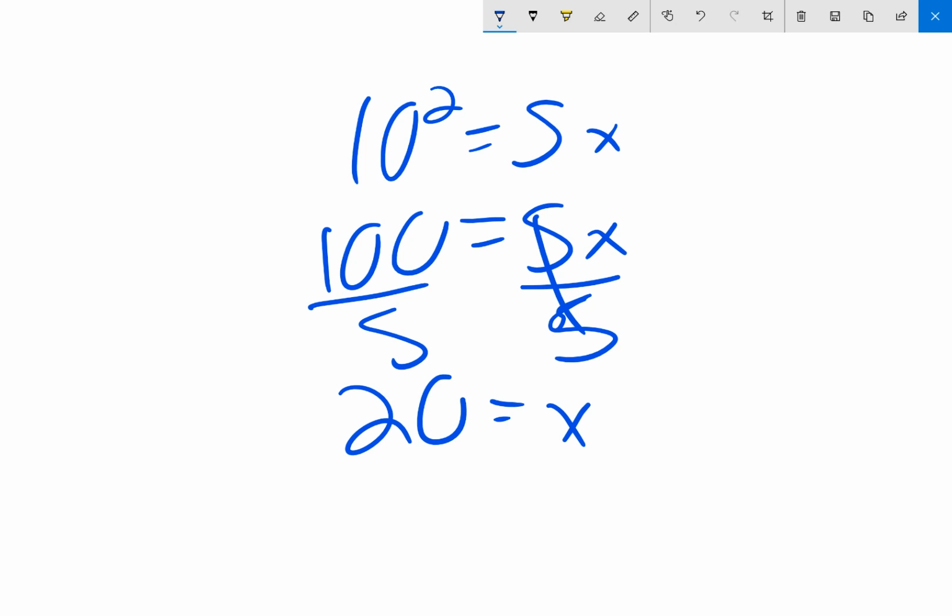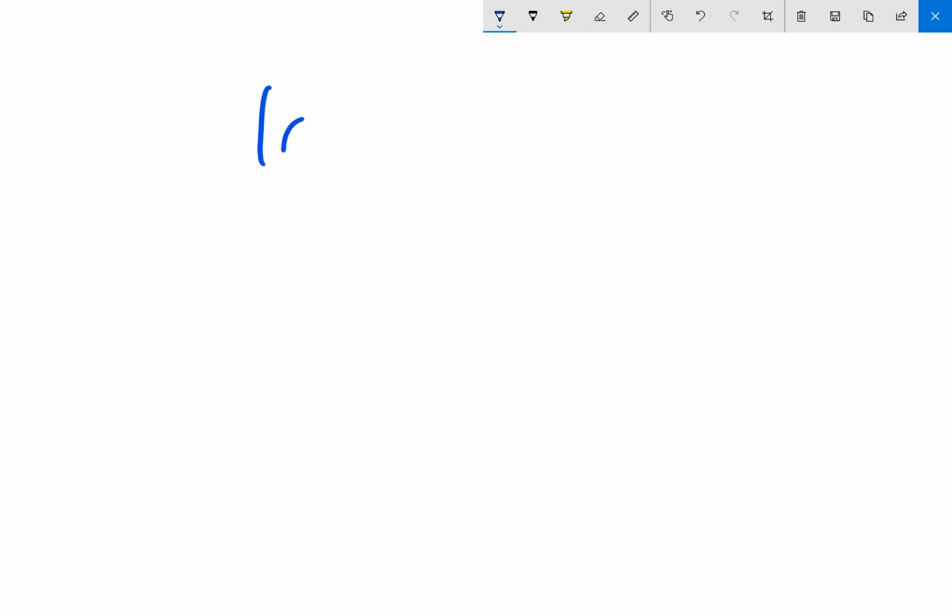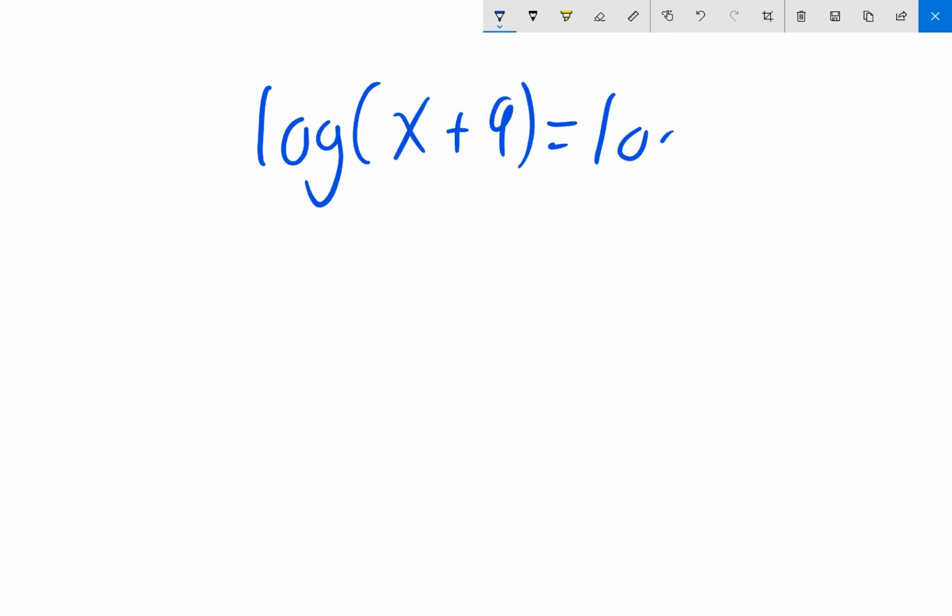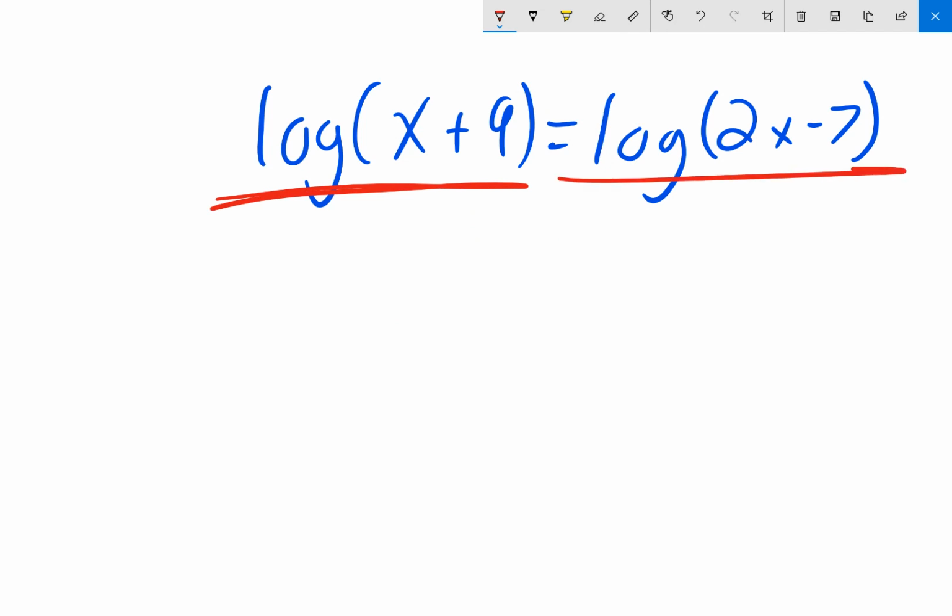All right, and one more problem, number 12. We have log of x plus 9 equal to log of 2x minus 7. Now think about this. This looks kind of weird because you have logs on both sides. So how's that going to work, you say? Well, it's really not that different, right? Notice that this log is equal to this log. So if these logs are the same base, doesn't that mean that